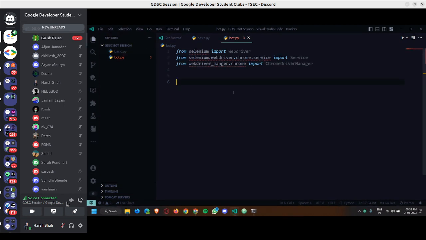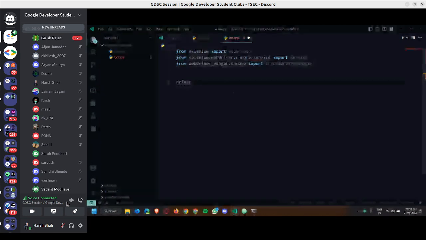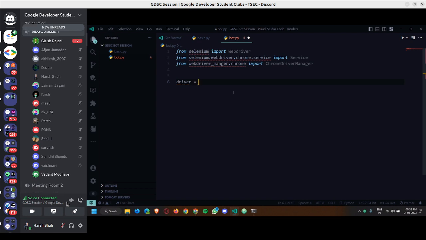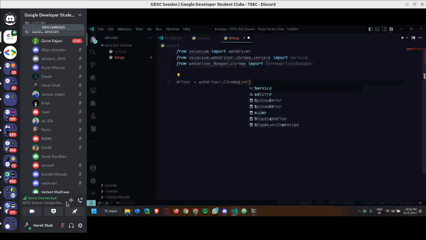Okay, so I'll continue. As I mentioned before, we need a driver source to communicate with our browser. So we will create a new driver variable. As I mentioned before, in Python, we just have to define the variable name, and that will create a variable and automatically assign its data to the variable. So driver is the variable name we are using, and we'll call WebDriver that we have imported before, .Chrome because we are using Chrome,